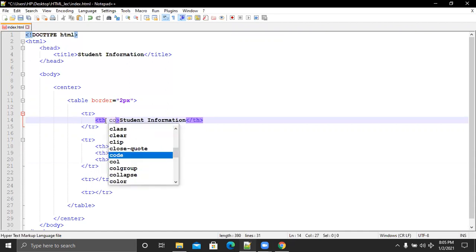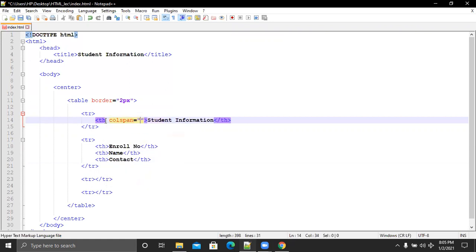So we use colspan here and I give the value 3. We want to merge 3 columns. If you want to merge 2 columns, then you can give the value 2 here. I save this and reload it here. So you can see it is centered and merges all 3 columns.